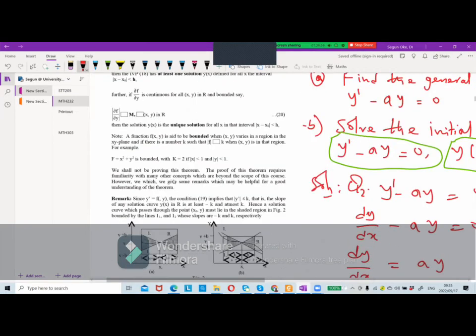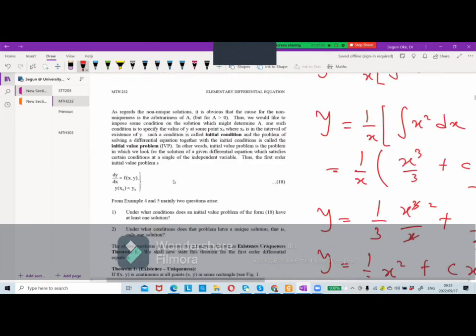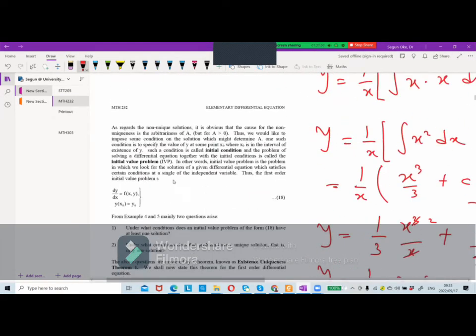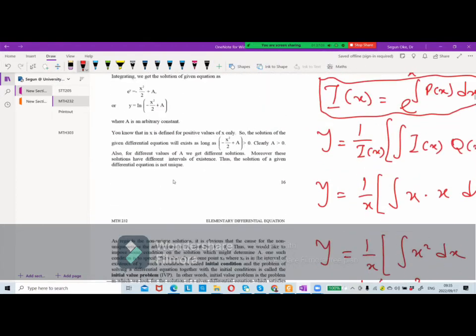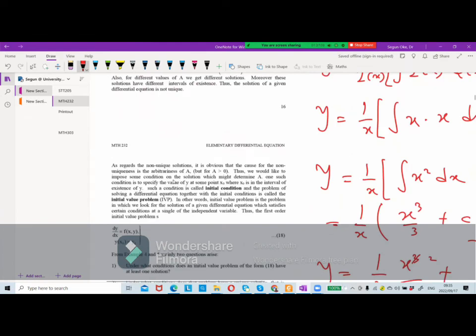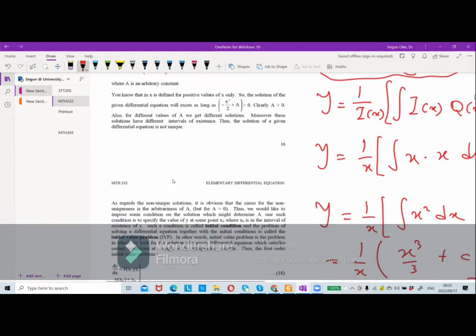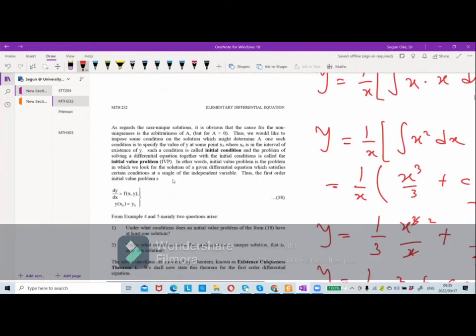Ibrahim, or who is the second person? Yeah, I'm the one. I just want to say that the general solution has a constant, while the initial value problem solution means that the value of the constant will be substituted into the equation. So you can see, look at this definition from here. They said,